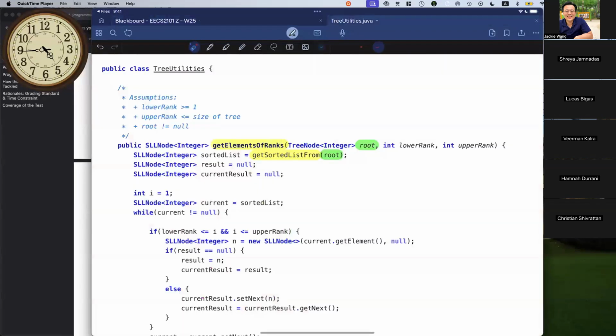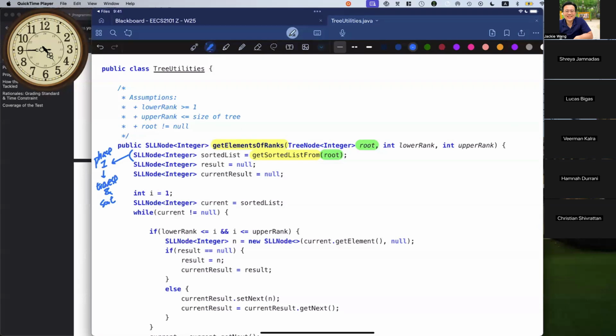Let me show you exactly how to understand the phases. Think about phase number one as right here, just this line, because it's making a helper method call. So this one here is phase number one, which is to traverse and sort at the same time. We'll look at the helper method in just one moment.